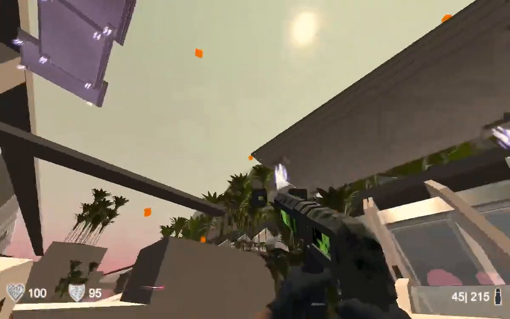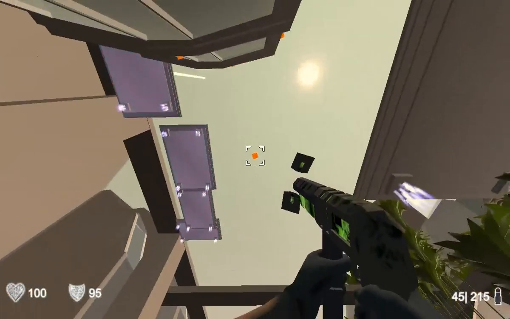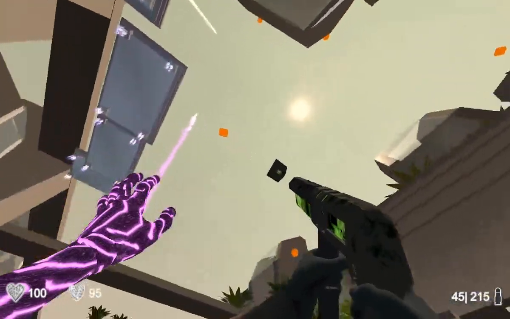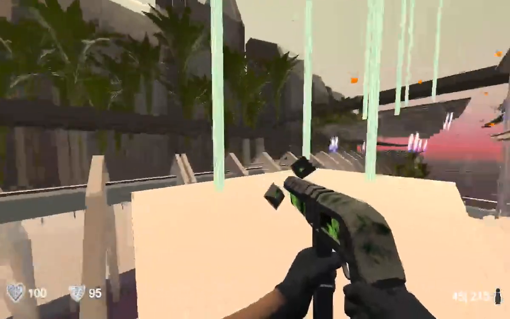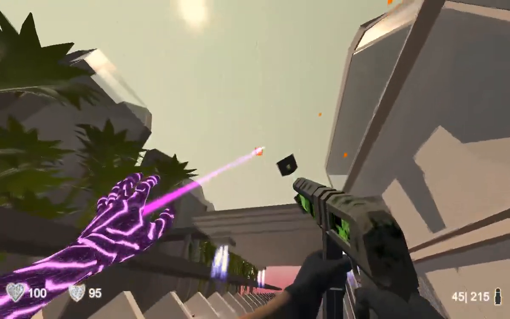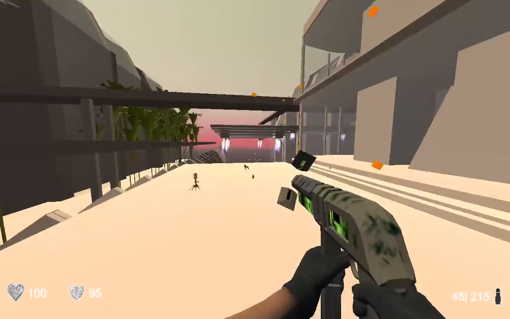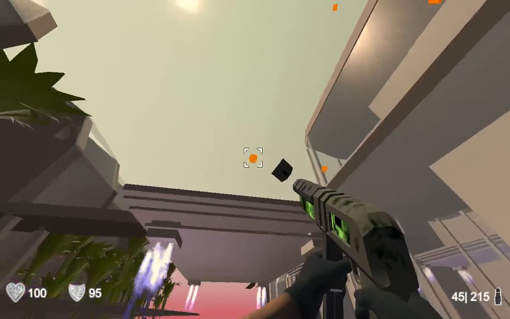So I need to get up. See, this grapple point has a super long range. The grapple points here let you grapple them from a really long way away. Can I get onto, yeah, I think I can. There we go. Okay, and see, things are teleporting in here. Don't bother trying to fight them. Don't waste your time. Here we can get some ammo, but otherwise don't fight the things that are here,